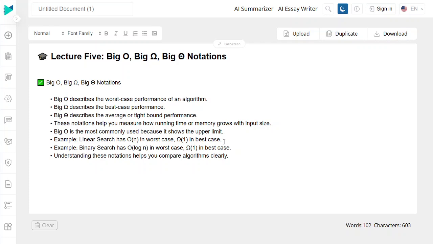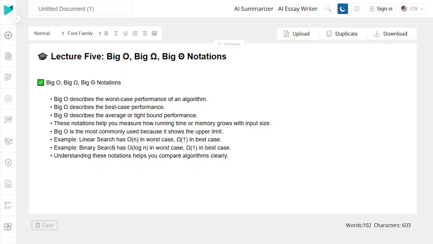However, the best case is different. If the first element of your data set is the data that you need itself, then it just takes a constant time, right? It's just taking a constant time because the moment you begin the search, the first element is traversed, and the moment the first element is traversed, you have found your data. So that's how it takes omega of 1 in the best case.